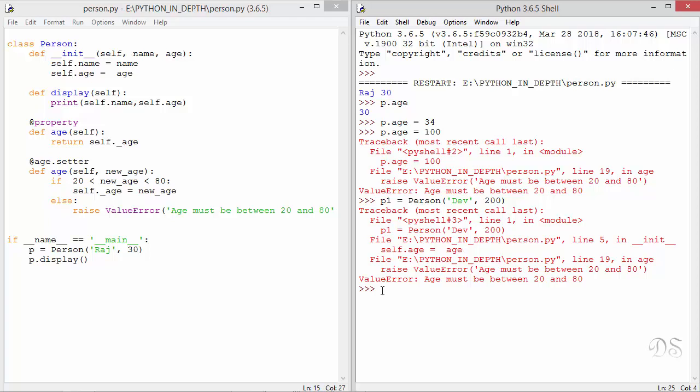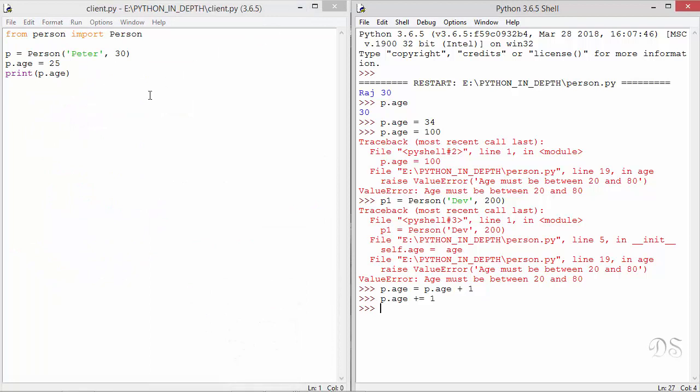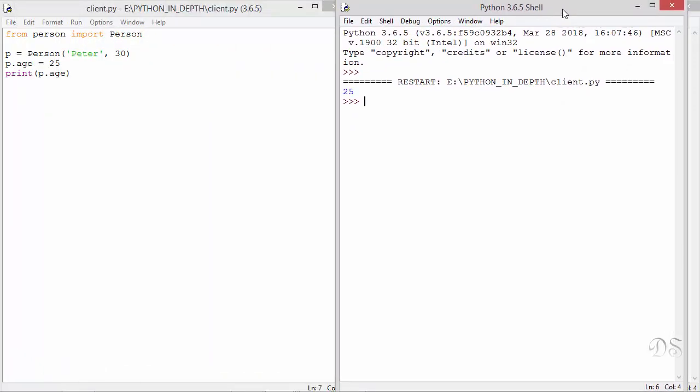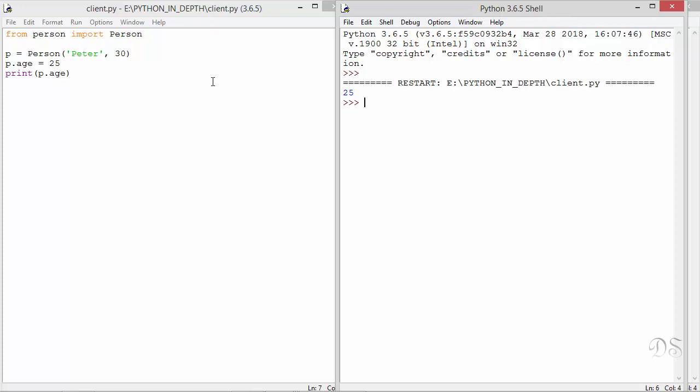Now if we have to add 1 to the current age, we can easily do it. Or we can write. You can see this is much more concise and cleaner than it was using the setAge and getAge methods approach. Now let's run the existing client code and see. So this code is also working smoothly. No changes need to be done in this existing code. So your changes to the class are backward compatible.